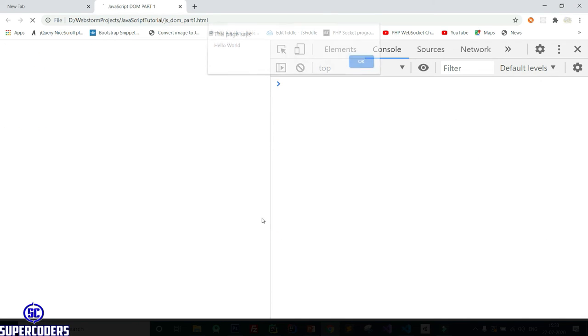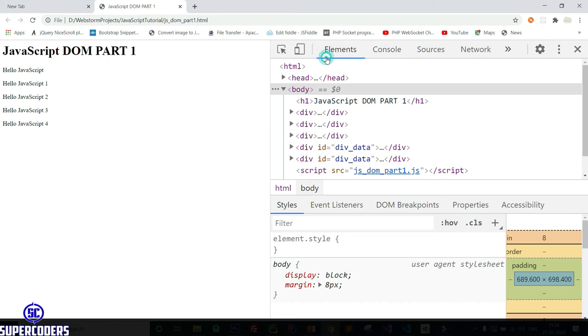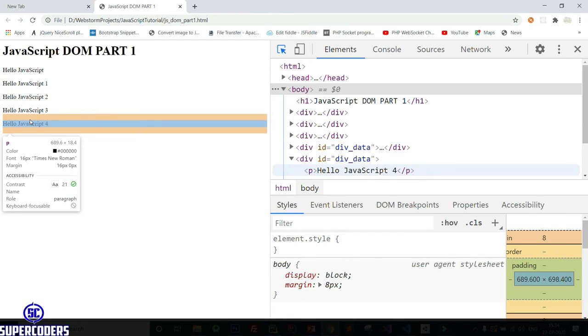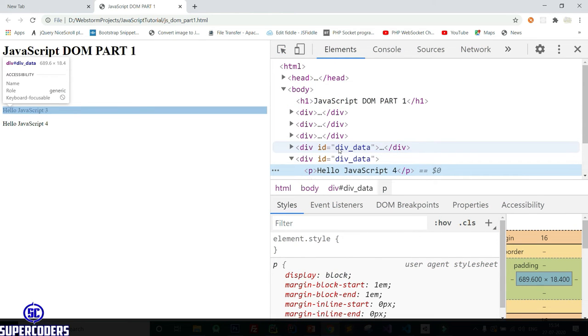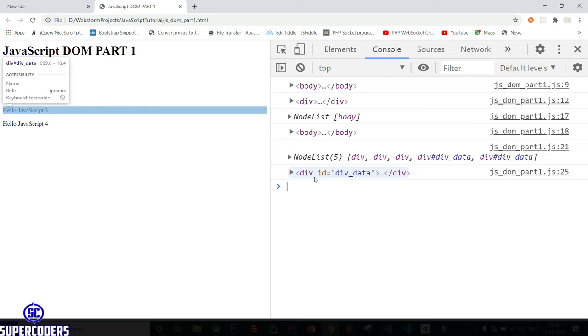Again refresh the page. And you can see it's accessing the first element only. Here you can see both IDs are div data, but it selects only the first element, not selecting this. So you can use ID only for selecting a single element.